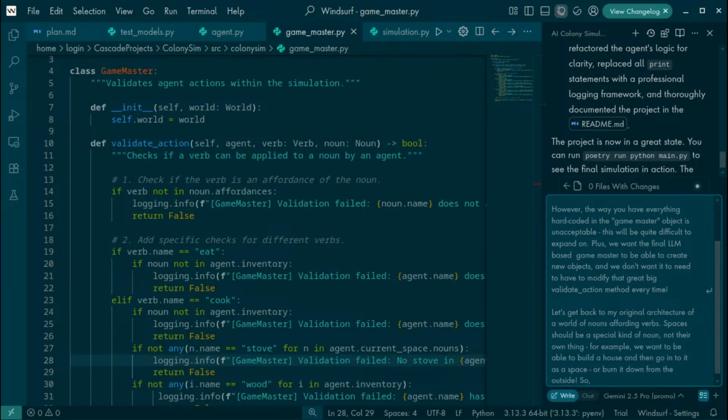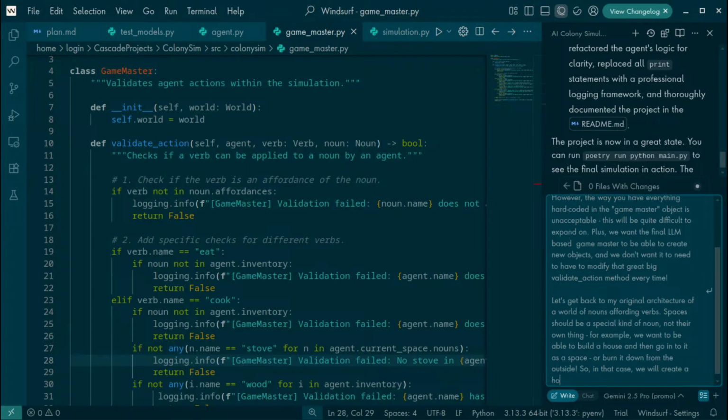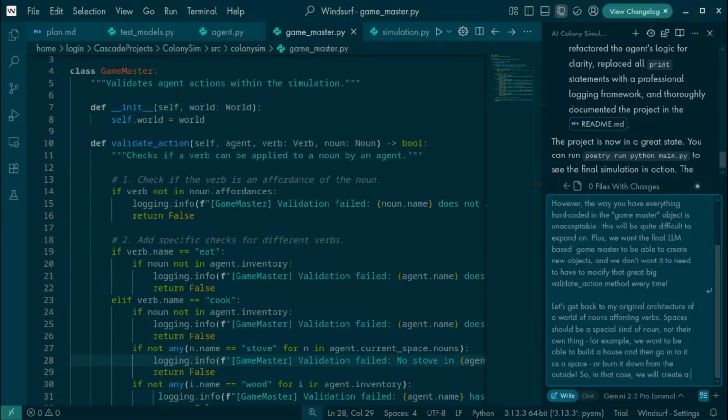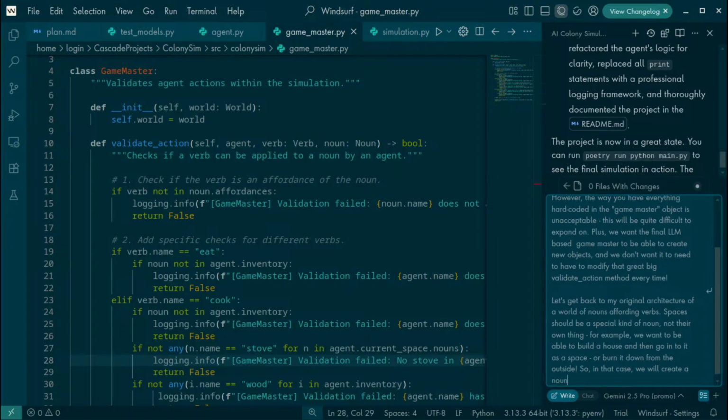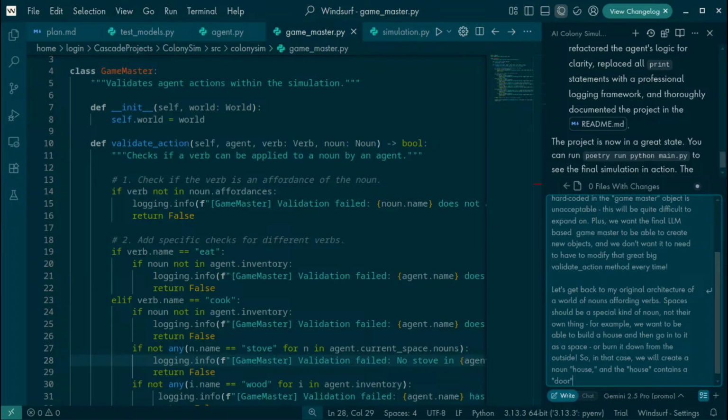So, in that case, we will create a noun house, and the house contains a door, a noun door.